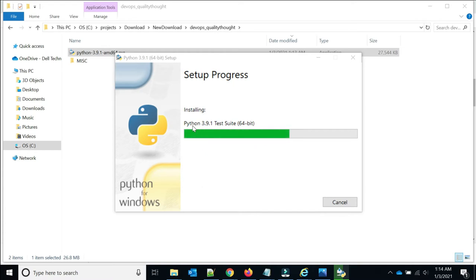So friends, before I installed the 3.9.1 version, in my system I had already installed the 3.7 version. I am installing this just to show you the process to set up Python in your system. Based on your internet speed, it will take some time.